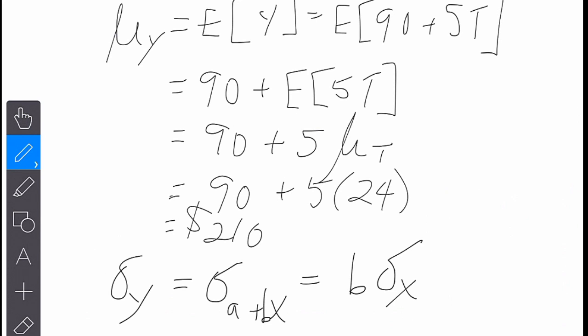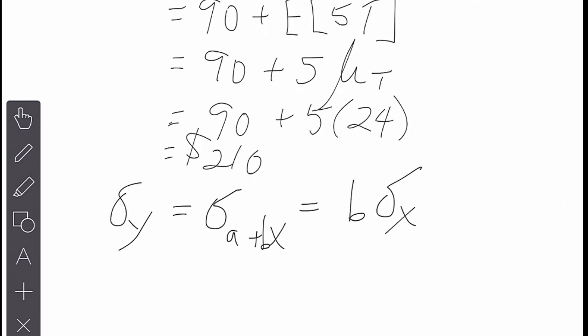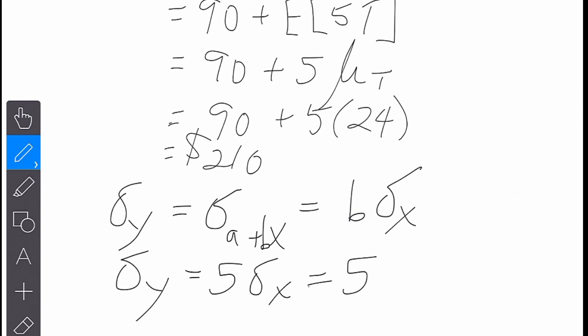And let me go back. So 4 is the standard deviation. Okay, so for us, sigma y is equal to all we care about is the 5 in front times sigma x. So 5 times 4, or $20. Okay? So the b was,